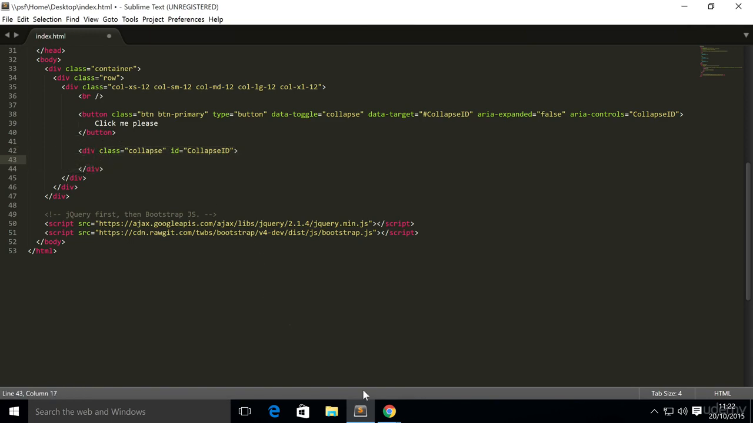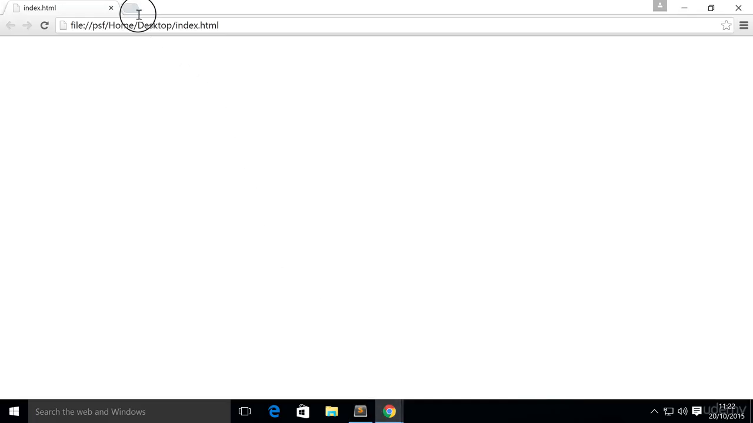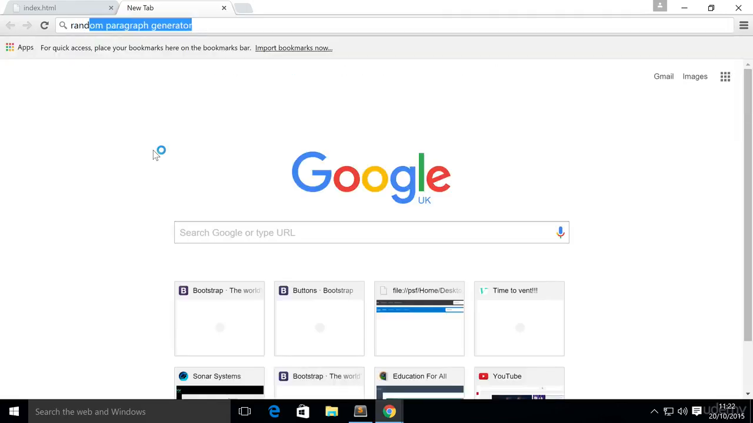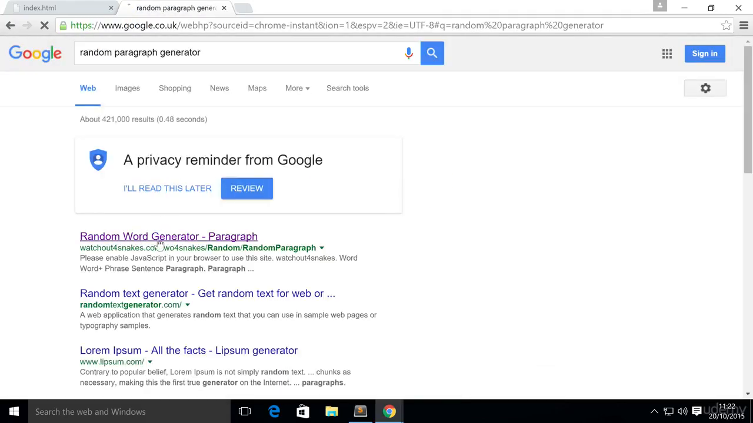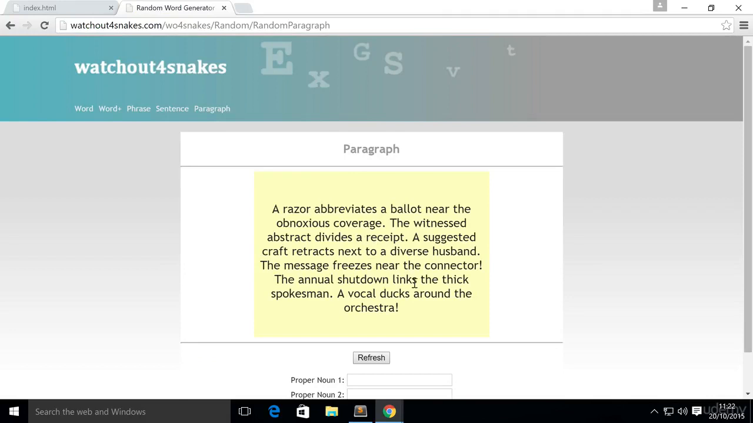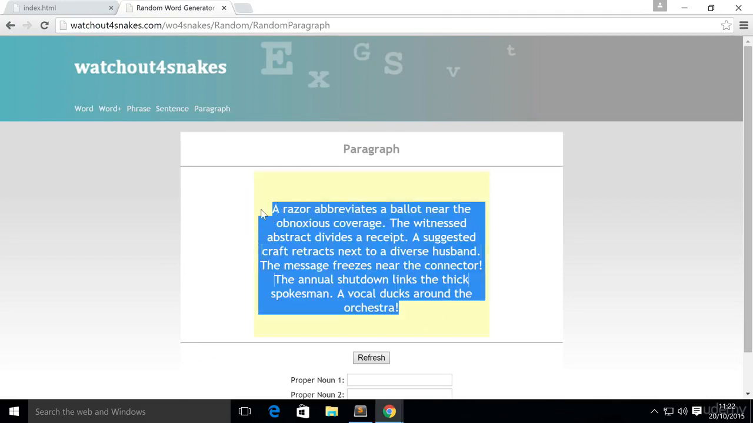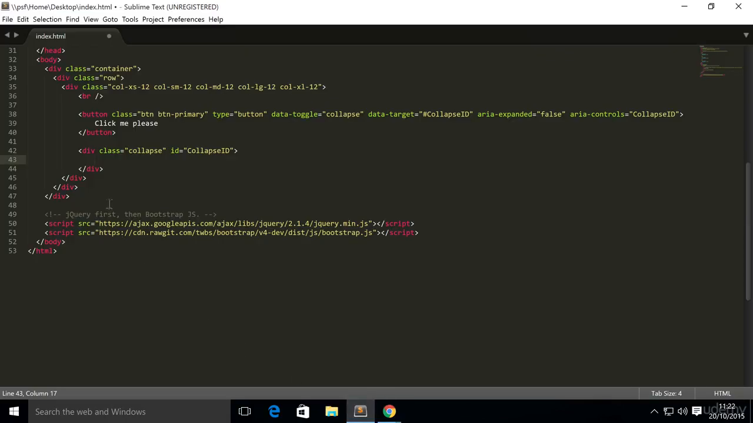So I'm basically just going to go to Google, get a random paragraph, so random paragraph generator. I do use this website a lot. So yeah, that looks a-okay to me. Copy that in,